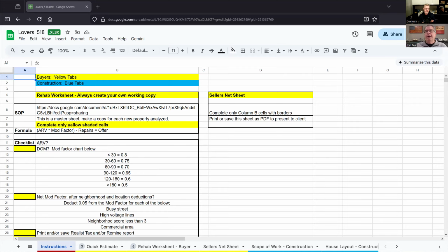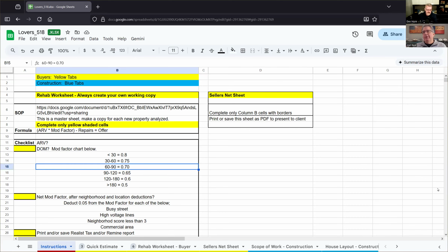So the first tab is just instructions, and again, when we buy a house, you've gone over this before. It's after repair value minus repair, or after repair value times a discount factor, 0.7, 0.75, whatever. And for me, that discount factor is not guesswork, it's based on my estimated hold time of the property. So if I'm going to hold on to a property for up to 90 days, my discount is 0.7. So after repair value times my discount factor, both of those numbers come from MLS for me, minus